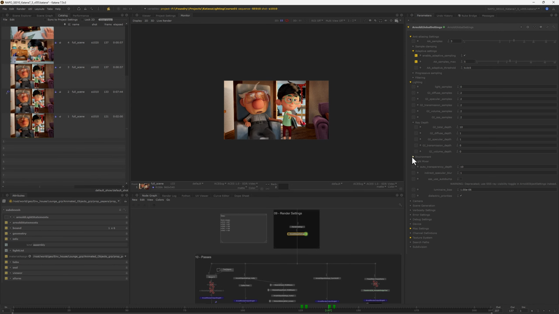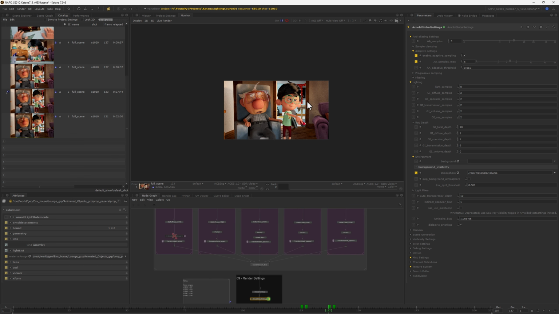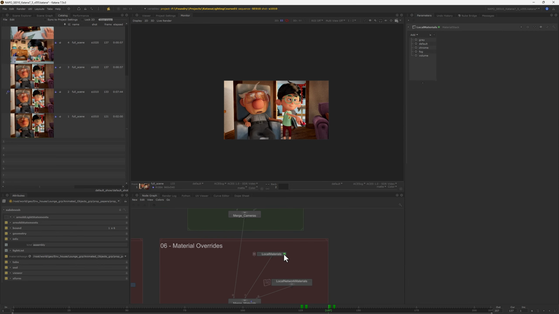Now under lighting, environment, this is where you would put a volume shader if you had a volume. Say we're gonna have a little bit of fog or atmosphere in here. You would wanna make sure you've got a local material for volume. This is just an Arnold volume shader with the atmosphere volume selected. And then you would put a really, really small number, like 0.000, maybe 3 or 4 zeros and then